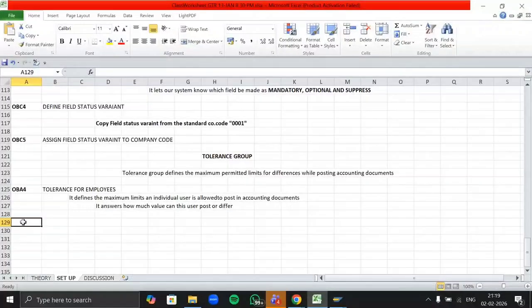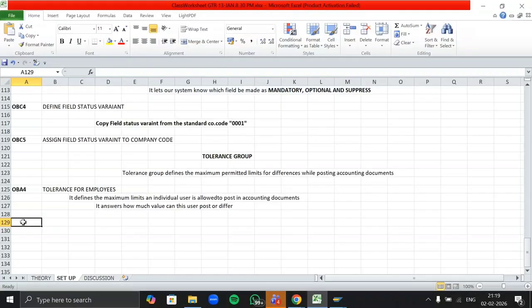See, it's a tolerance, so of course we have to set a limit, but what kind of limit do you set? It's a general ledger. Let's say my company wants to control one high value expense posting, let's say travel expense. For that I have to create one travel expense GL, and this travel expense GL has a limit